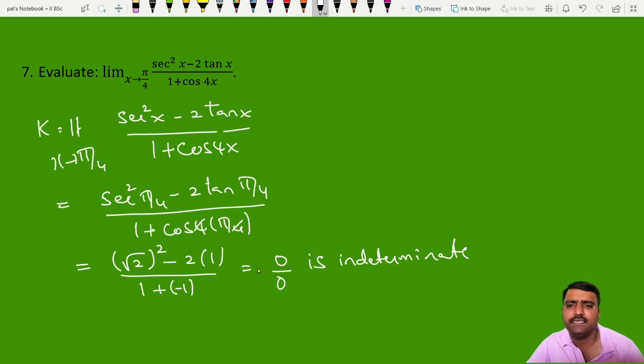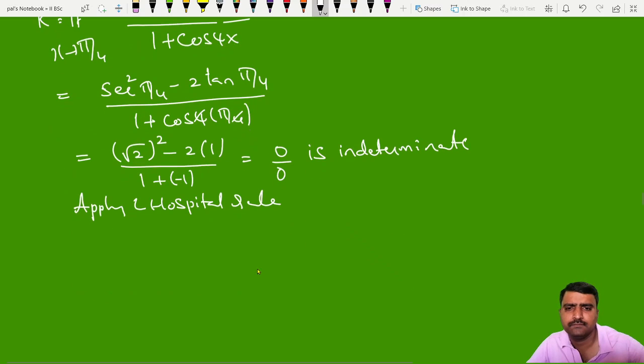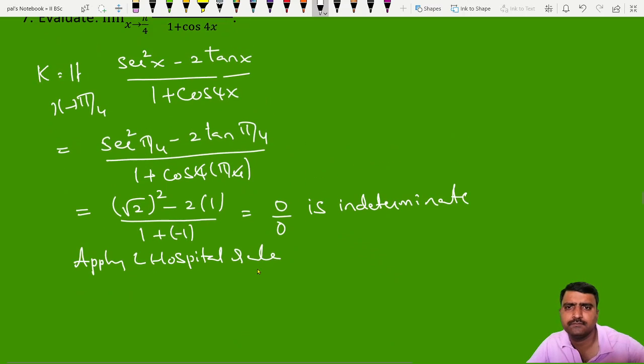So it assumes an indeterminate form, so then you apply L'Hospital's rule. So then we have k is equal to limit x tends to pi by 4,